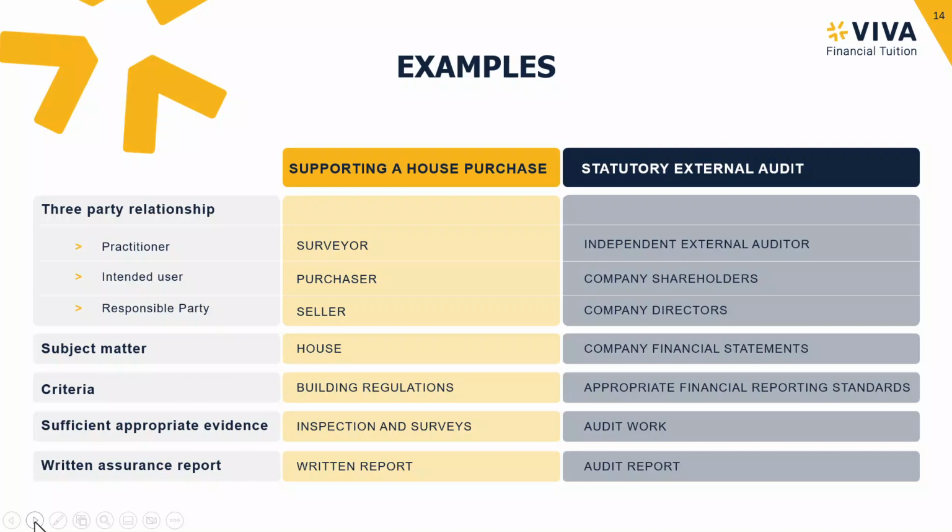And then finally, the objective of doing our audit is to provide that opinion, and that opinion is going to be given in the form of a report. Always a written report. There will be some flexibility, most likely, over the exact layout of that report when we're thinking about the surveyor, although they may have standard templates. With our statutory external audit, we will see there is a very clear structure that must be followed in order to present that opinion, that conclusion of the auditor.